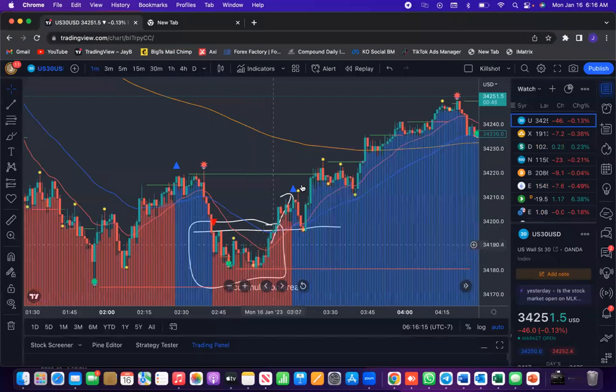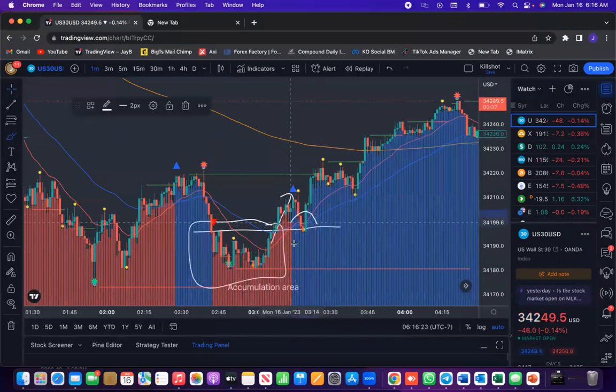It pushes up out of this accumulation area, comes back down to the top of this, and what does it set here? It sets this, right? These two little candles here. There's a couple of things that happen. First, it comes all the way back to that resistance area where it had to break out of that accumulation zone. Comes all the way back to test it, pulling some more of that sell volume out of it. Then it creates,